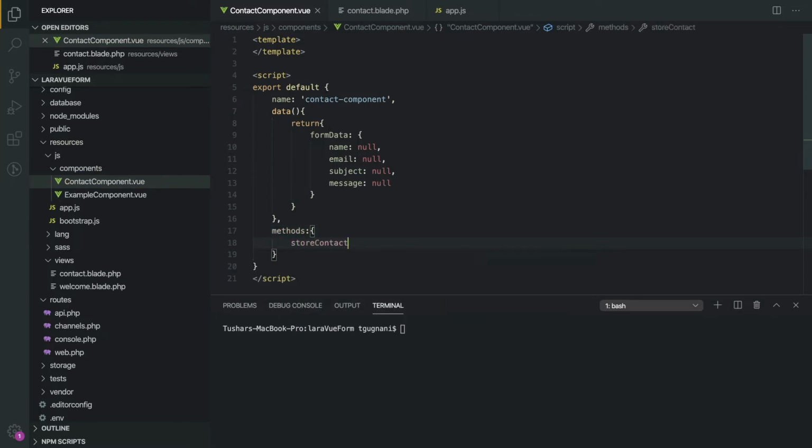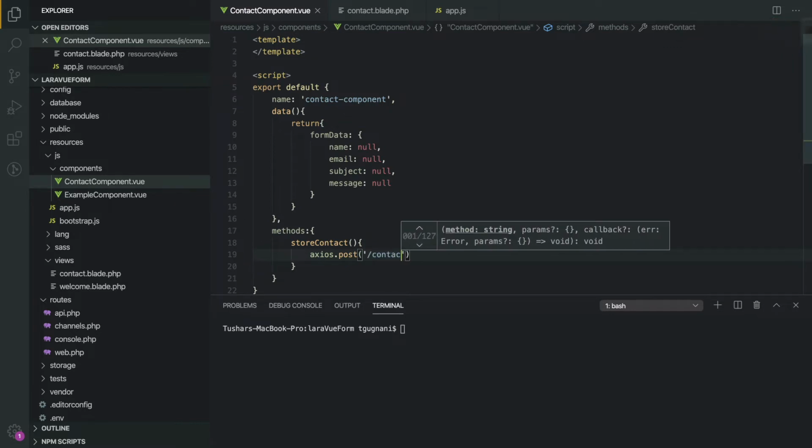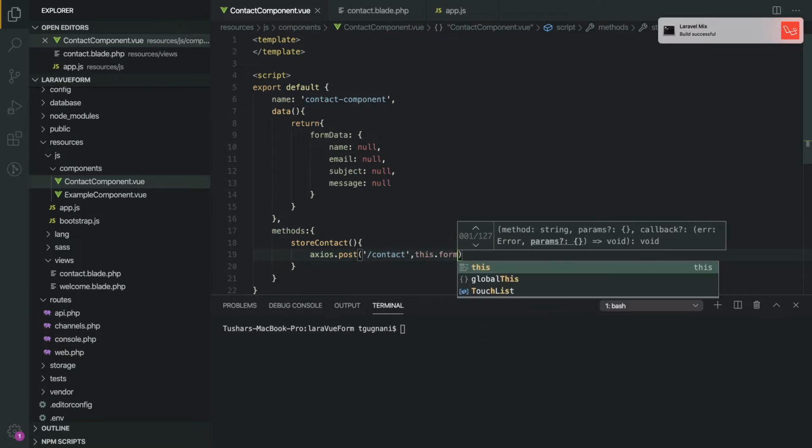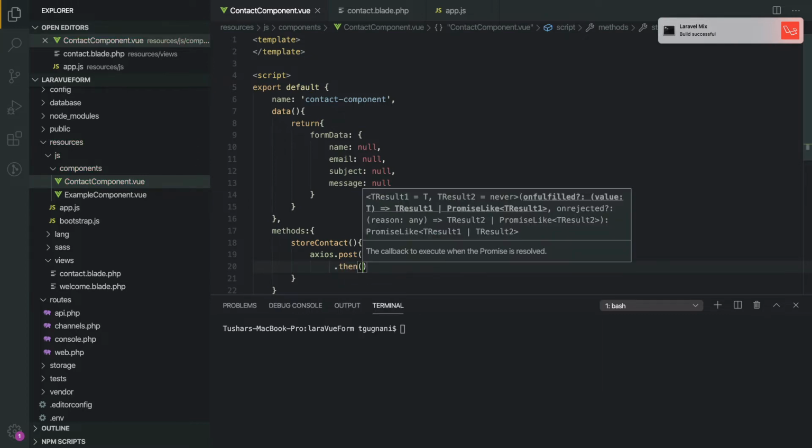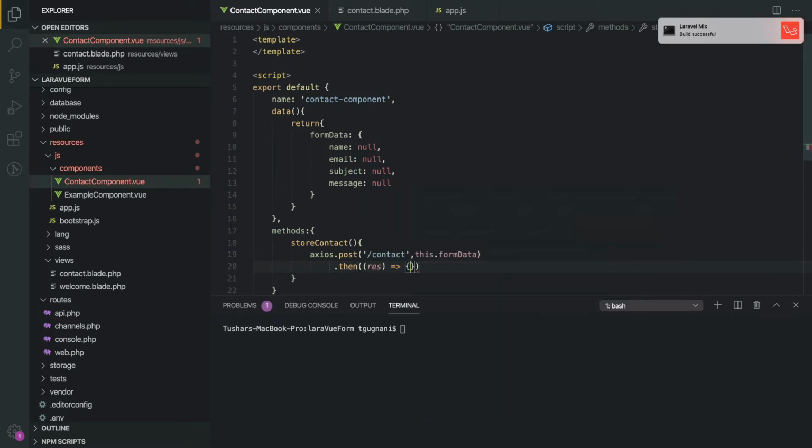Let's call it storeContact, and in here I will have a new Axios request, which basically accepts the URL, which is contact. We are sending a post request to the contact, and we are sending the form data. So Axios works on promise based requests. So when we send the request, we make a promise that if we get a successful response, we get the response, and